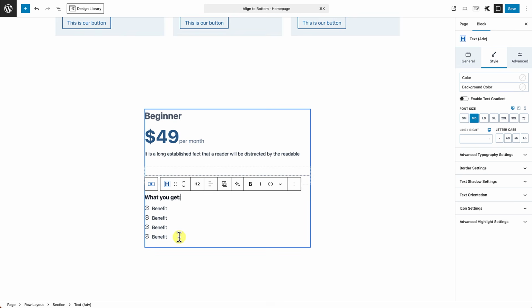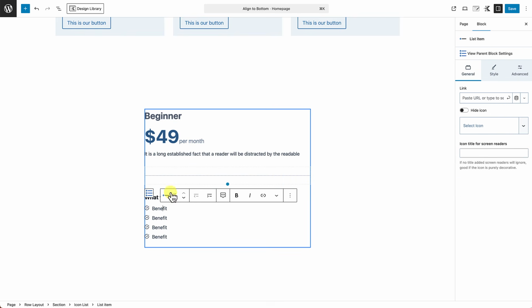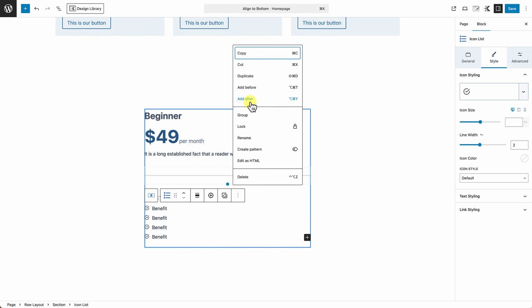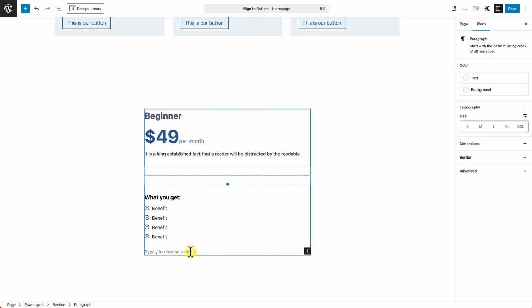Next, let's go ahead and add a call to action and maybe a little bit of reassurance text as well. Okay. So I'm going to select one of the items in the list here, move over to the right, and you see here where it says view parent block settings. That's actually what we want to select. So I'm going to go ahead and select that. That's going to select the entire icon list block. Click on the vertical ellipsis, click on add after,